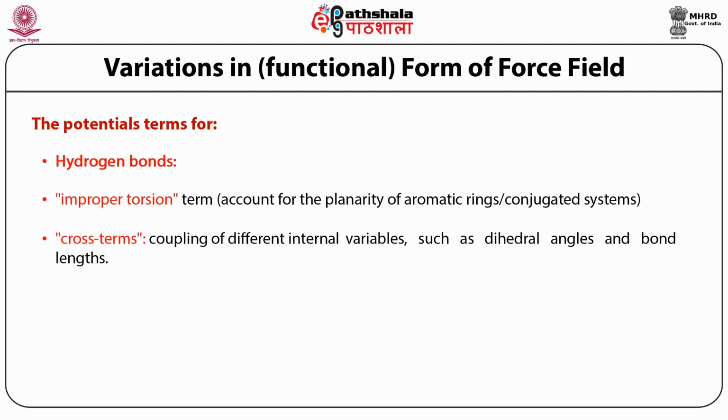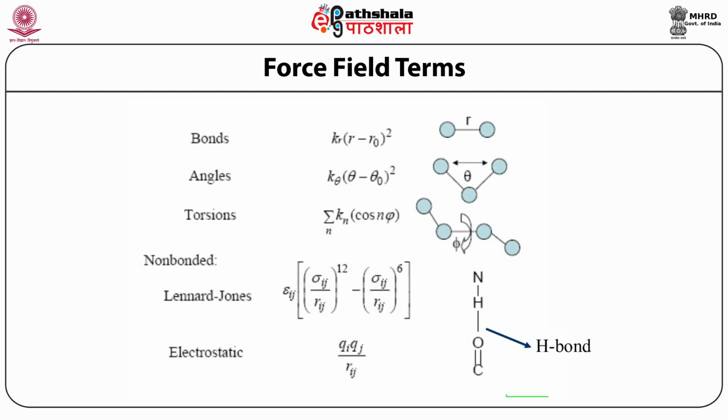So I will summarize in my next slide the different types of terms we have used mostly in most of the potential energy functions. Here I am showing you all the force field terms or potential functions and their corresponding expressions, which will be used in our total potential function forms. The first one shows the standard function as simple harmonic motion. R depends on the distance, how much it deviates from R0, and the force constant of bond lengths, bond angles, and the torsion angles.